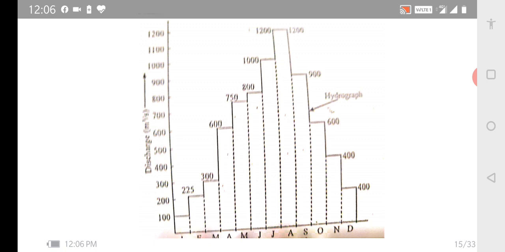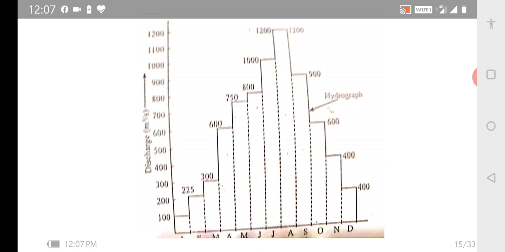So you have a rising limb. The rising limb of the hydrograph is also known as the concentration curve. It reflects a prolonged increase in the discharge from the catchment area, typically in response to rainfall. So during rains, you can see the concentration curve increases due to the increased water in the catchment area, and that is the rising limb.